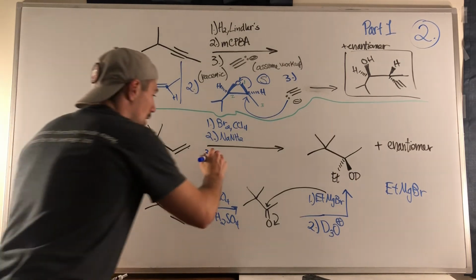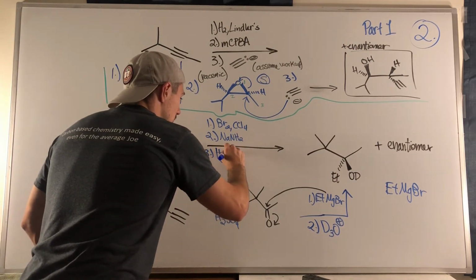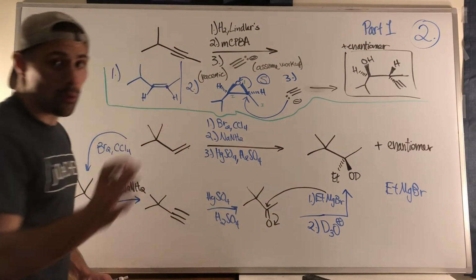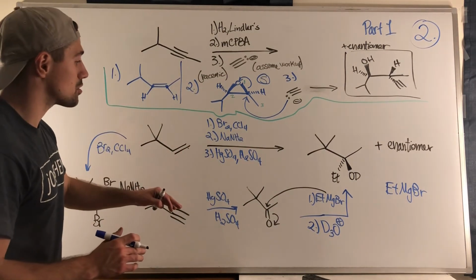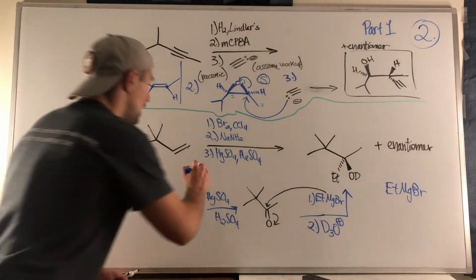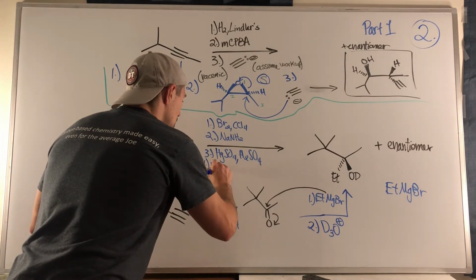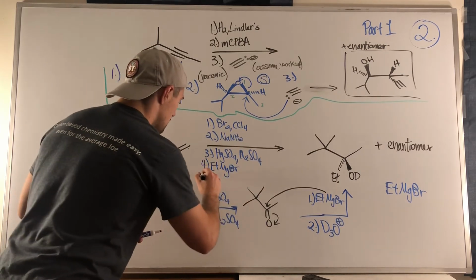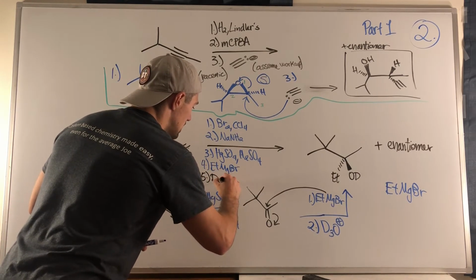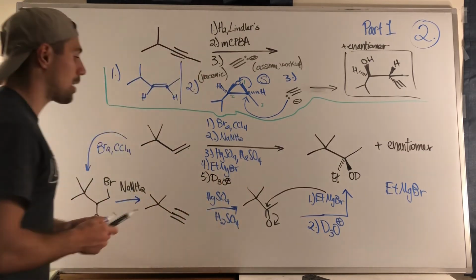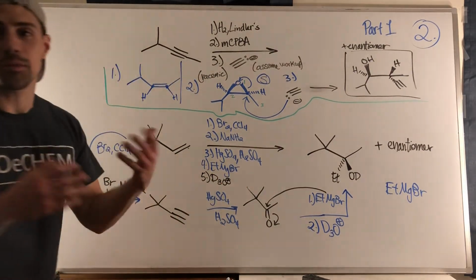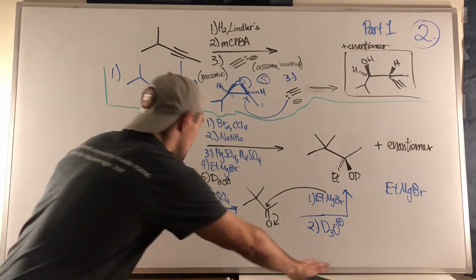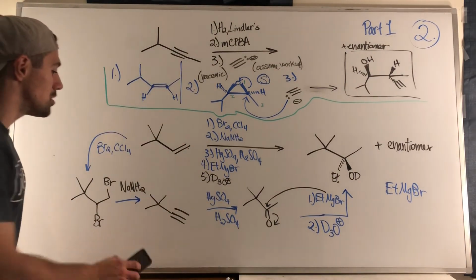That gets you your alkyne. You can hydrate that alkyne, forming the ketone on the more substituted carbon, right? Not with the boron reaction, with the mercuric sulfate reaction. Then you could throw in your ethyl Grignard. And last but not least, I'll write this in black to make sure it stands out, then we would need D3O+, okay? Now, again, I wanted to do this in the spirit of alkynes. However, if you did this a different way and you got a shorter path, which is always better, the way you could do that actually